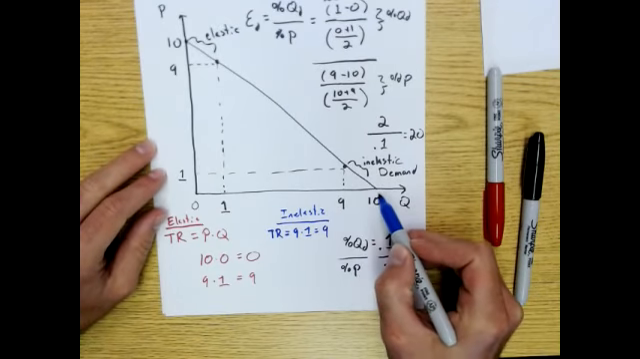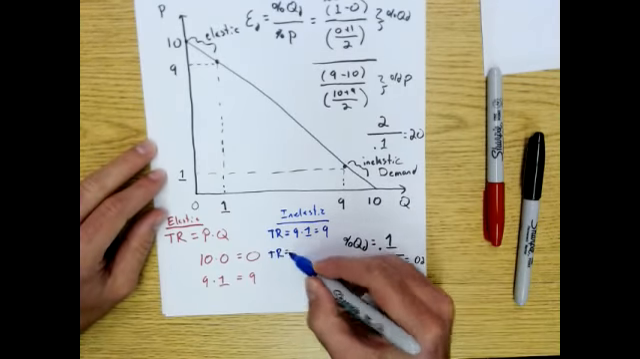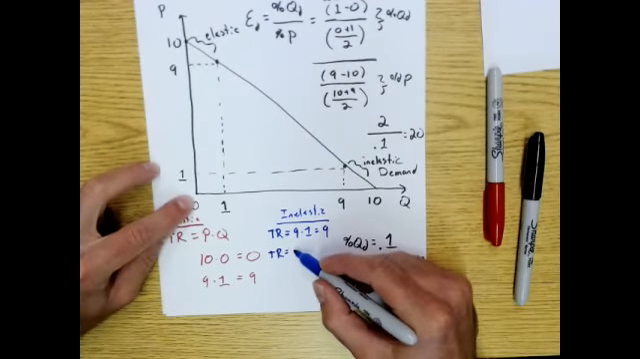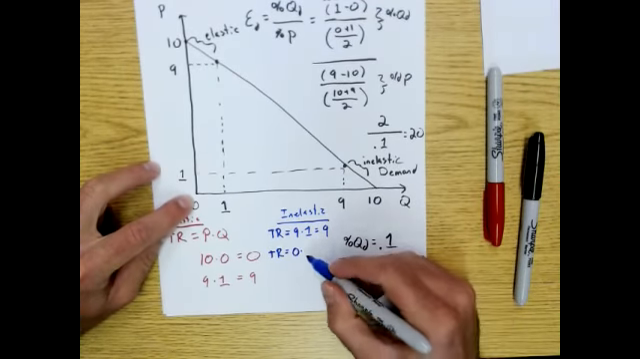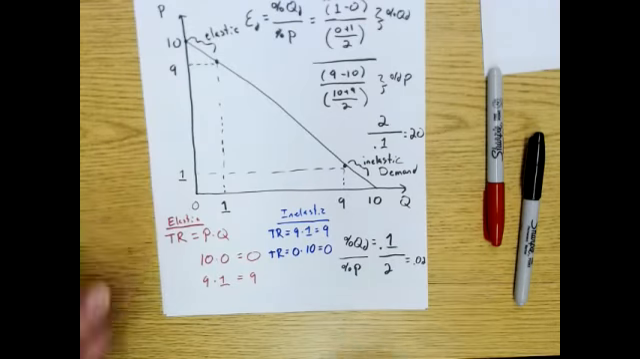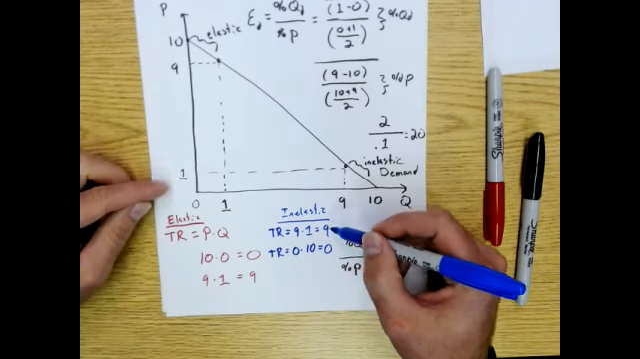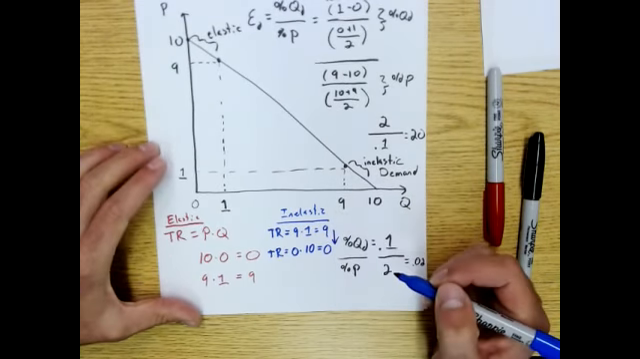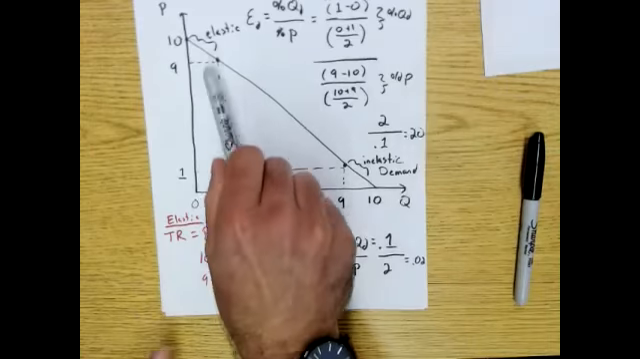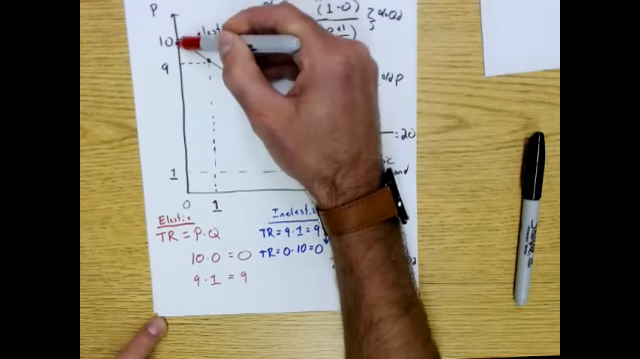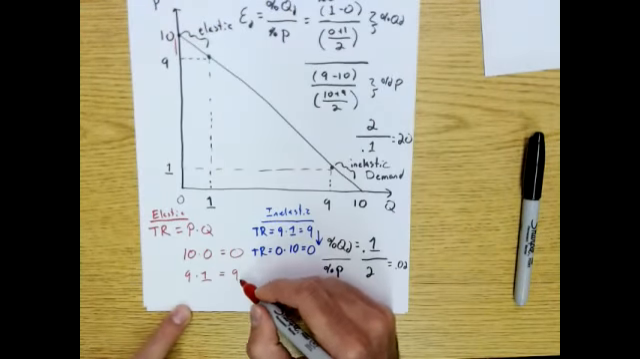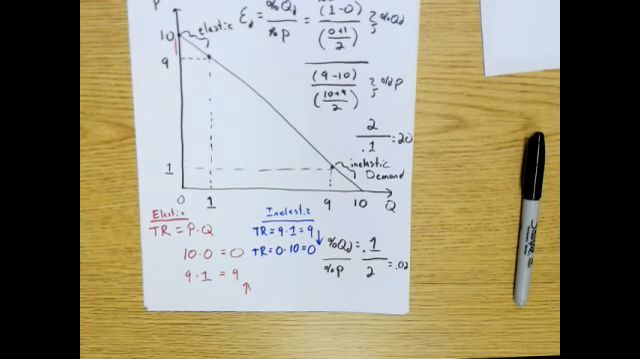Then when I move to this new point, the price is now 0. If the price was 0, I'd sell 10 units, but my total revenue is 0 because I'm not making anything by selling them. So we can see when we're on the inelastic portion of our demand curve, if we continue to lower the price, our total revenue decreases. Whereas when we're on the elastic portion of our demand curve, as we lowered the price, our total revenue actually went up, from 0 to 9. So we'll cover this more in class, but this is our first look at these